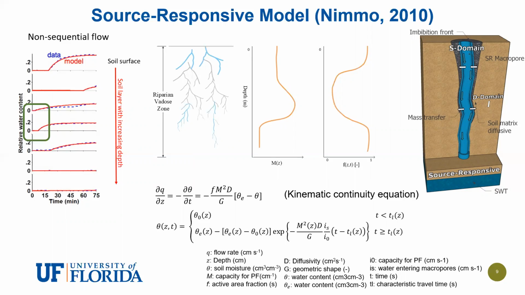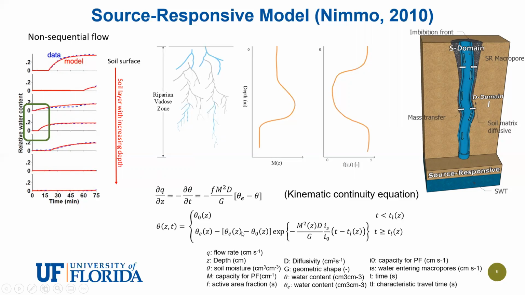The soil responsive model accounts for this by assuming that the forcing factor for macropore flow at a particular soil layer is the water source, which is the rainfall and runoff, instead of being the soil layer above. This model's foundation is the kinematic continuity equation, as we saw before, including a lateral transfer between domains. The analytical solution of this expression